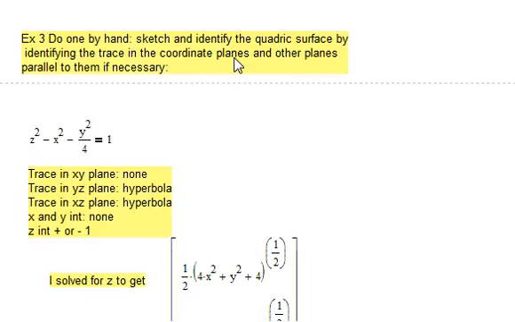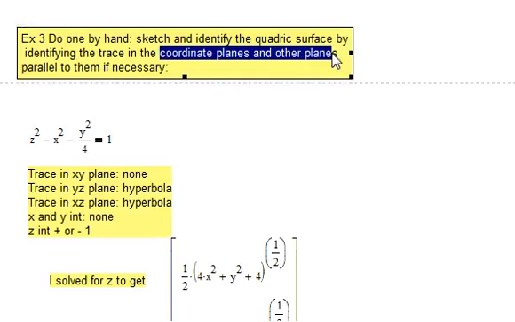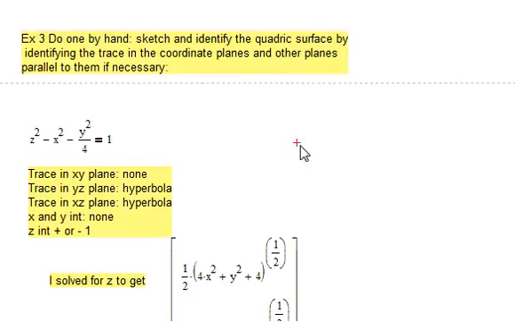Now we're going to try to do one by hand. We're going to sketch and identify the quadratic surface by identifying the trace in the coordinate planes and other planes parallel to them if necessary, but maybe it won't be necessary. But let's see. If we were to say what is the trace in the xy plane, that means z would